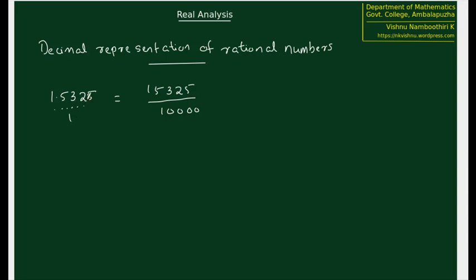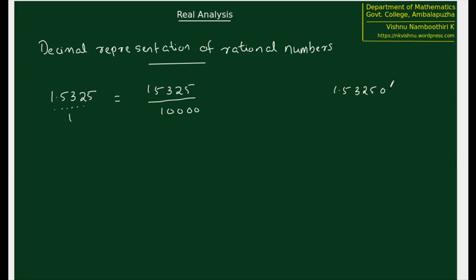If we multiply with the power of 10 on numerator and denominator, we can easily convert this decimal representation number to a rational number. Therefore, whenever we have a decimal representation of some number which is terminating, in the sense that only finitely many digits are there after the decimal point, and after that, if at all some digits are there, they are all zero,